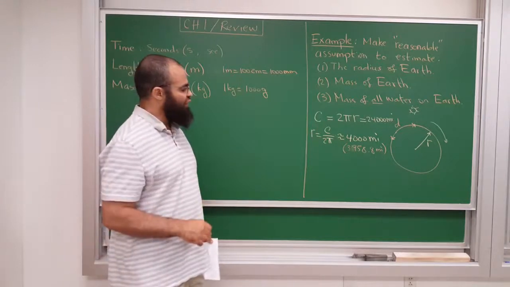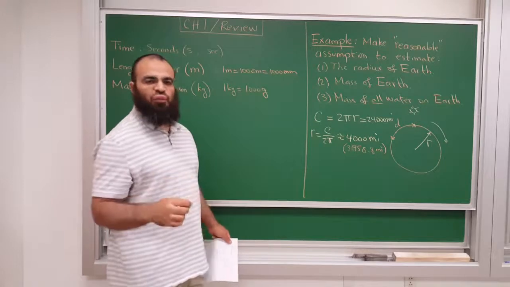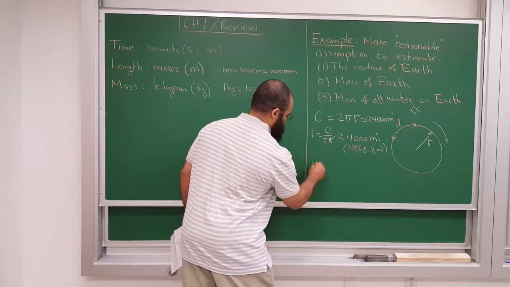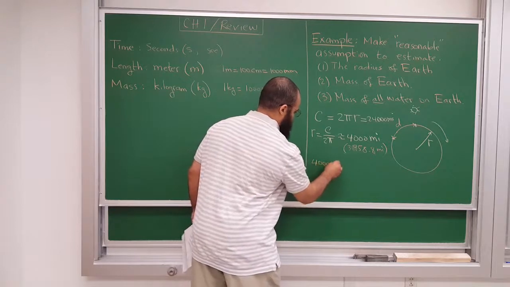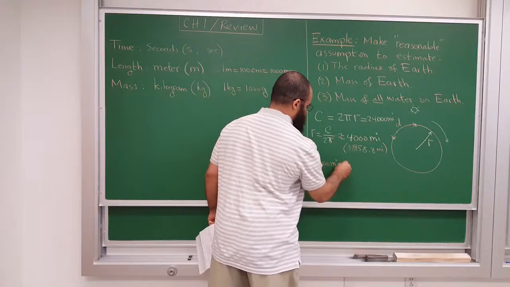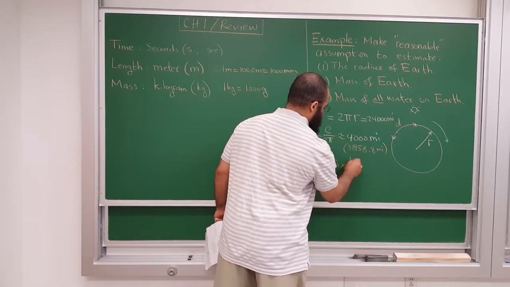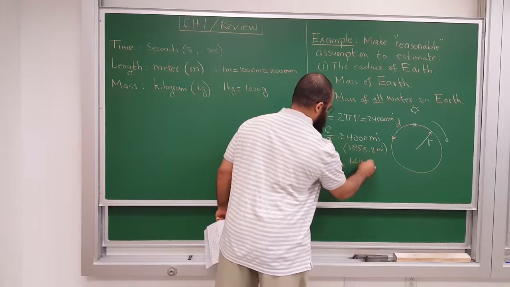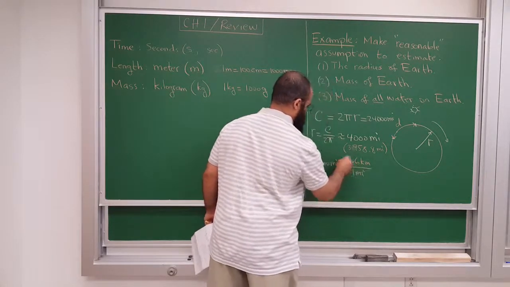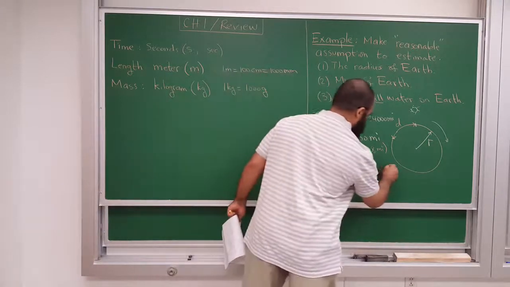Let me change that to kilometers. 1 mile has about 1.6 kilometers. So I have 4,000 miles, and then I need to change to kilometers times 1 mile, there are 1.6 kilometers for every 1 mile, so the miles would cancel. And I do 4,000 times 1.6, turns out to be